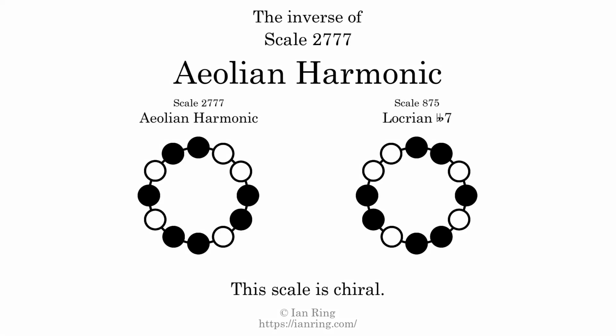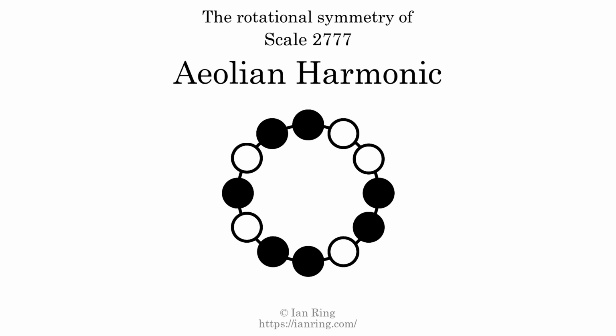The inverse of a scale is a mirror image. It is what you get when the sequence of intervals is reversed. The inverse of this scale is scale 875, also known as Locrian double flat 7. This scale is chiral. It cannot transform into its inverse by rotational transformation. This scale has no rotational symmetry. For even more detail about this scale, visit